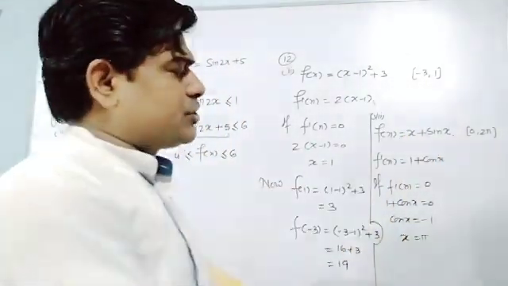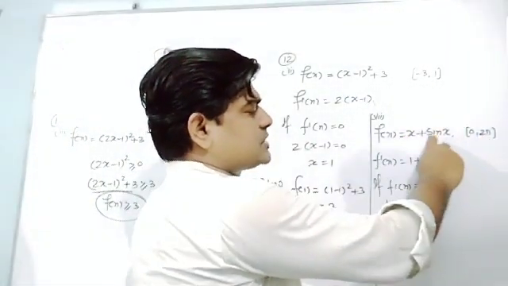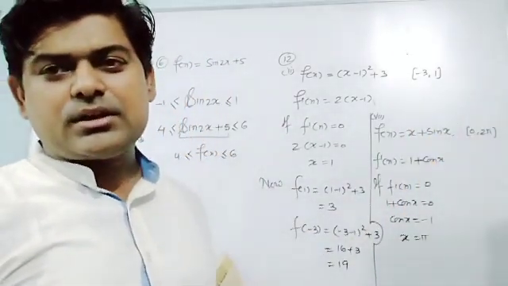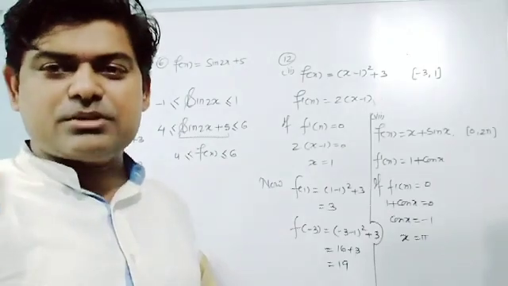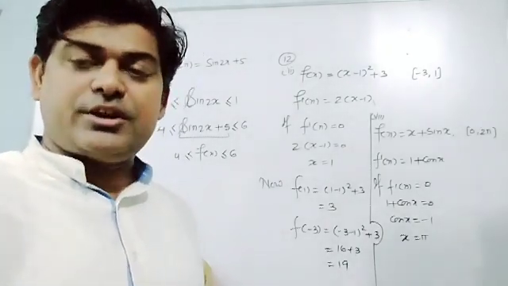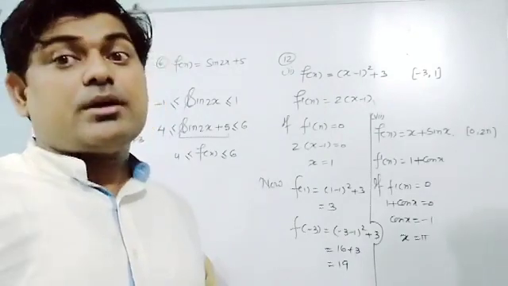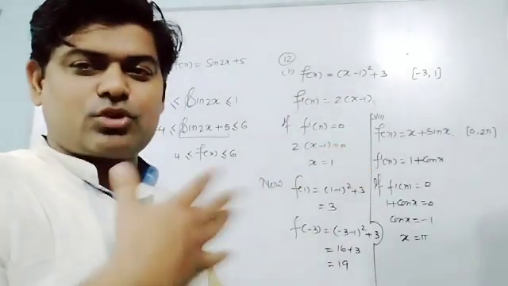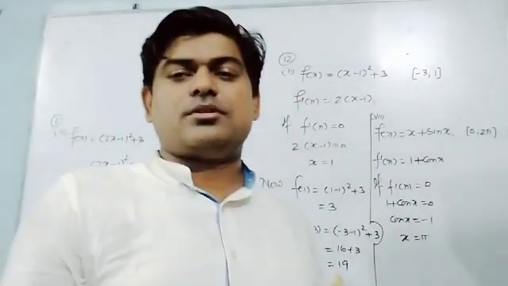When I substitute x is equal to 2 pi, sin 2 pi will be 0, that is 2 pi. So what I am thinking, 0 will be the minimum value and 2 pi will be the maximum value. I am getting 0 when x is equal to 0, and 2 pi when x is 2 pi. You will calculate; I am telling you orally what can be possible.